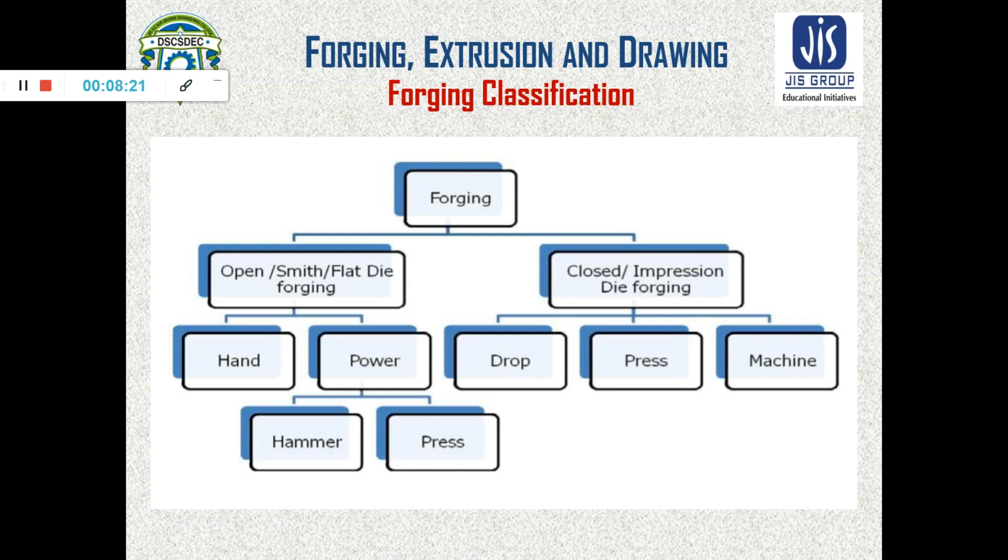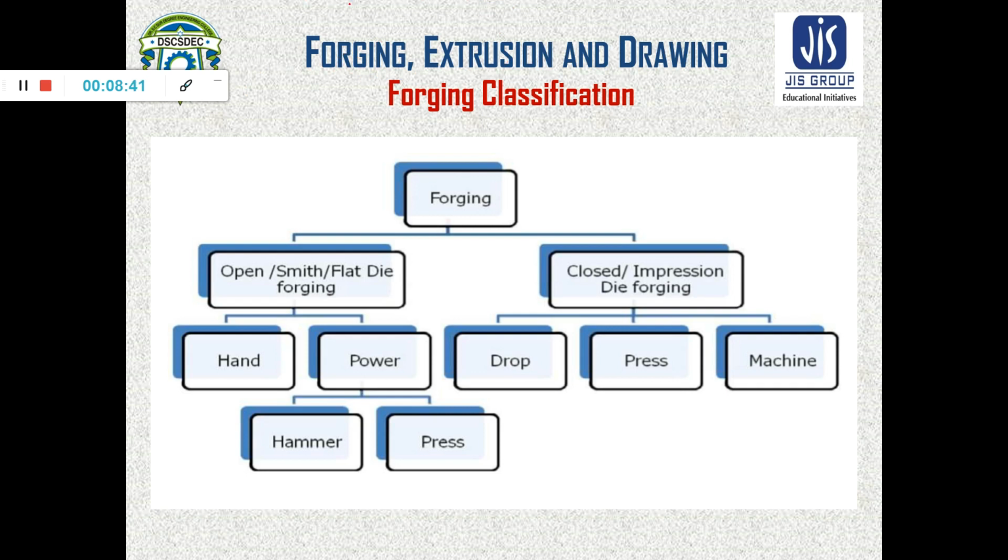In power forging, again that is classified by hammer forging or press forging. Similarly, in case of closed or impression die forging, the sub-classifications are drop forging, press forging, and machine forging.